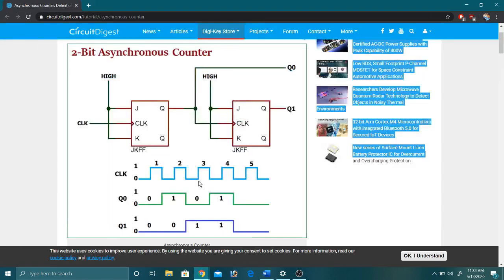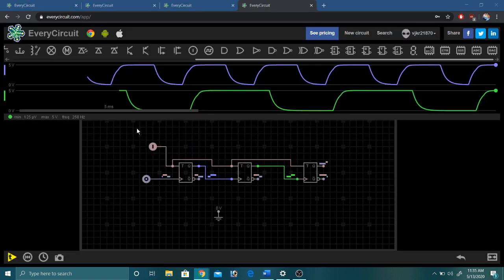This is because T flip-flops often are worked with negative clock or falling edge of clock, which we have not considered here.